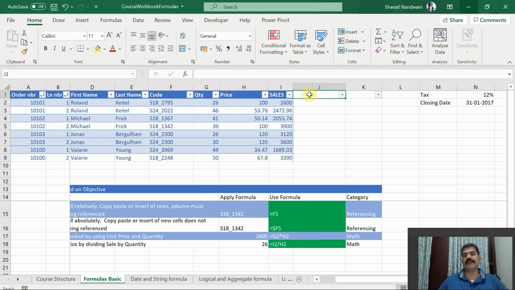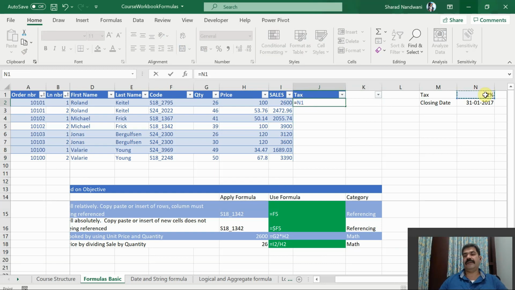So we want to apply this concept over here. So I've got the tax rate over here in this column N1, and the sales is over here. So we're going to calculate tax for each of the items that is applicable based on this tax rate, and then we're going to get the total price. So if you have to calculate the tax based on the tax rate, then the tax rate is over here, and since this is always going to be based on the cell number N1, we're going to hard pass this. So I'm going to say $N,